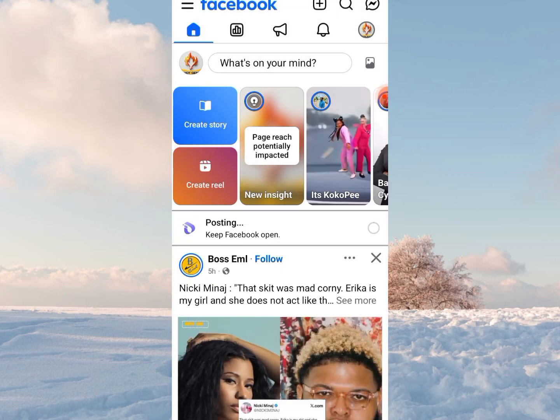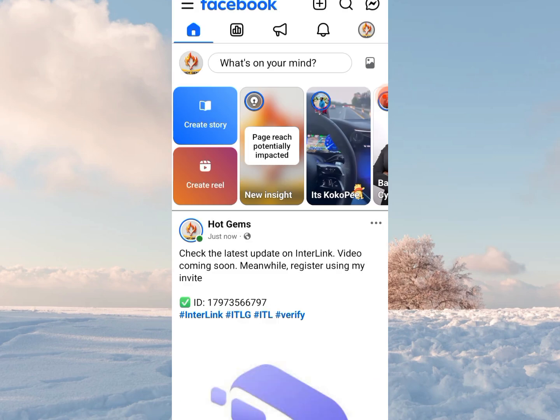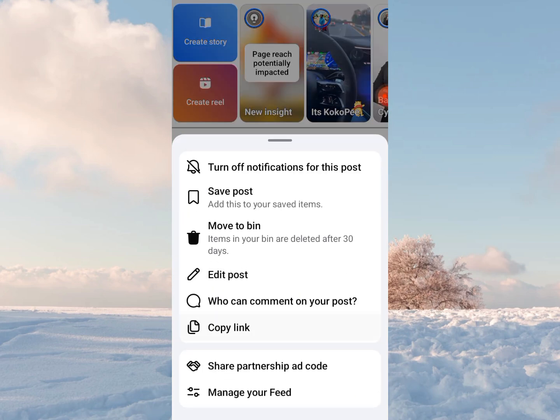And not now, I'm not sharing it to a group. But do your thing. If you want to share it to groups, fine. So this is the post. It has been shared. So from here you can click on the three dots here, you click on copy link,